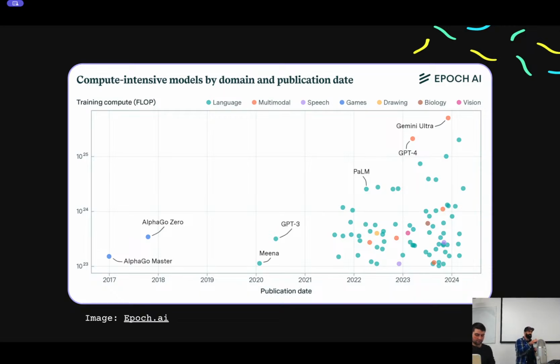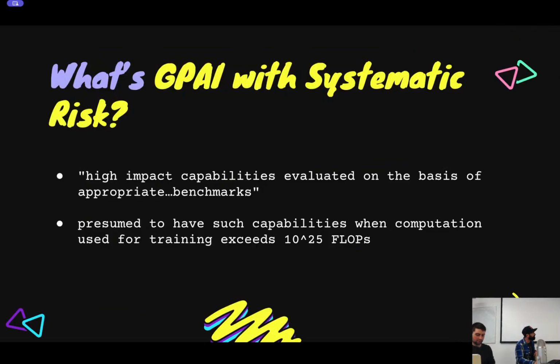So I think what's happening here is they're trying to skate to where the puck is going, and trying to set a figure that basically describes where the state of the art will be around the time this law goes into effect. I've heard people say that they think we're going to blow past this number so soon, and this will become table stakes. A better way to say it is that everyone's models will meet this definition and fall into this category. So it's going to be interesting to watch, but that's where the line in the sand is today.